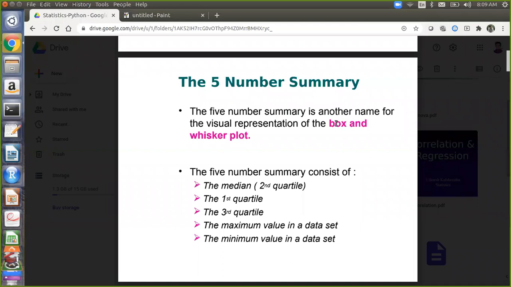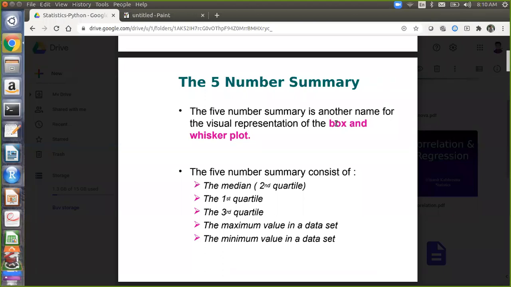So first quartile and third quartile. Basically, this is your 25th percentile value and your 75th percentile value. Median is basically the 50th percentile value. So this is basically the 5 number summary of your data set. Does anyone know where you can get the 5 number summary in your Python code? The describe method. Correct. The describe method gives you the 5 number summary in written form.